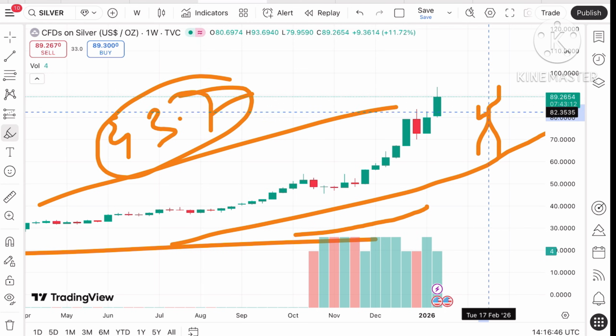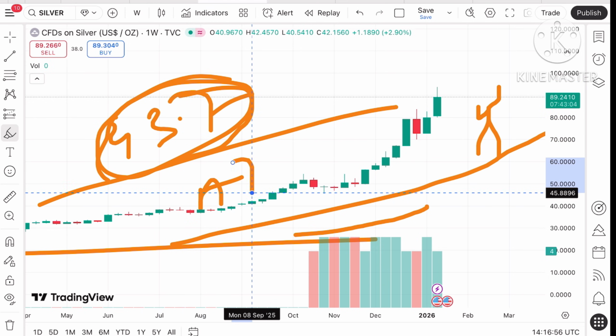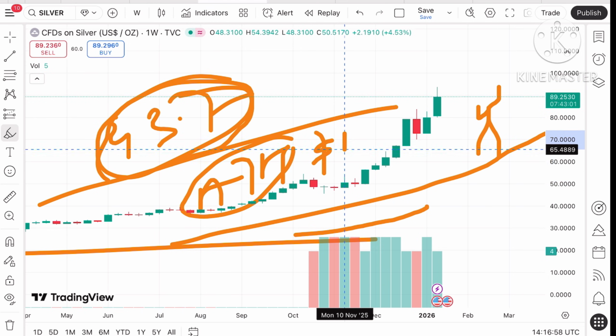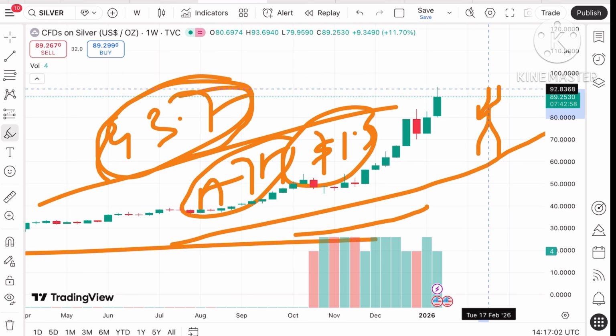So if the price keeps moving above a level of around 84.7, which it is already above, the probability can be high. It can touch a level of 93.7. So trail your SL by at least $1.5, so at least you will capture the upside movement. So if the price sustains this level, the probability of going towards 93.7 can be there,